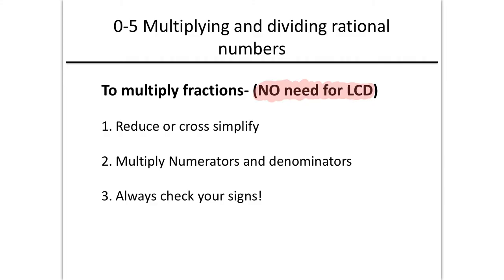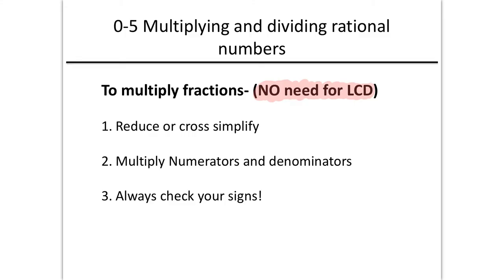So what do you do when you multiply fractions? Well, step number one, if you can reduce or cross simplify the fractions, so the first fraction, the second fraction, or both fractions, make sure you do that. That's going to make your life a lot easier if you have smaller numbers. When you reduce fractions, that's what happens. The numbers will be smaller because you reduce the fraction, and obviously it's going to make your life a lot